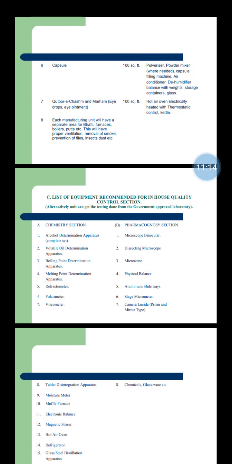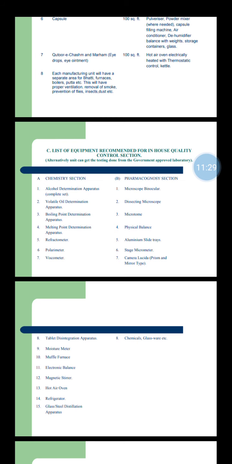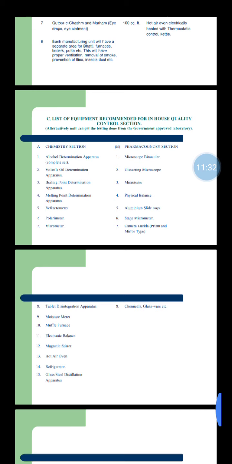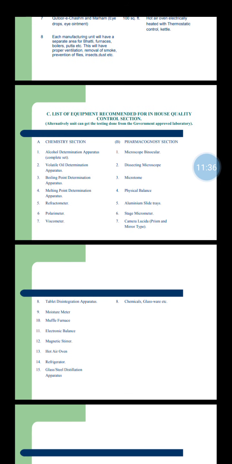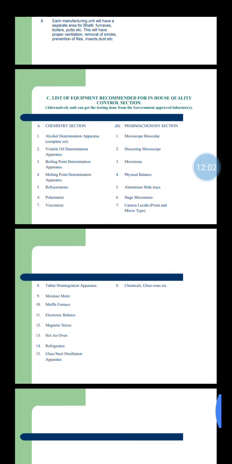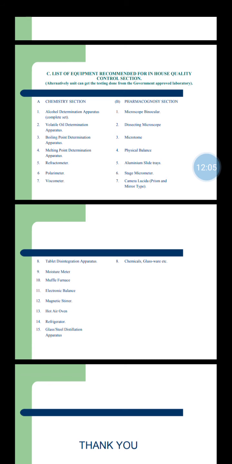Then the list of equipment recommended for the in-house quality control section. Alternatively, the unit can get the testing done from a government-approved laboratory. In the chemical section and pharmacognosy section. First, in chemical section, chemistry section: alcohol determination apparatus, the complete set, volatile oil determination apparatus, boiling point determination apparatus, melting point determination apparatus, refractometer, polarimeter, viscometer, tablet disintegration apparatus, moisture meter, muffle furnace, electronic balance, magnetic stirrer, hot air oven, refrigerator,